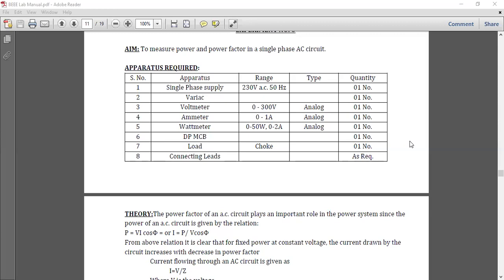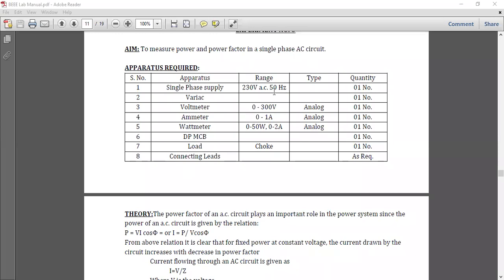Okay, so today's experiment is to measure the power and power factor in a single phase AC circuit. Here we are going to take the RL or RLC series circuit, that is a single phase AC circuit. For this experiment, we need the following apparatus, like the single phase AC supply of 220 volt or 230